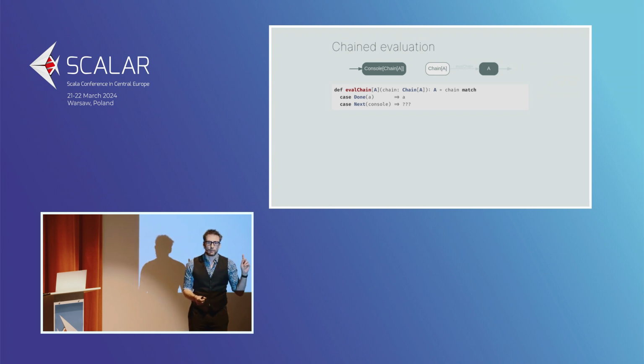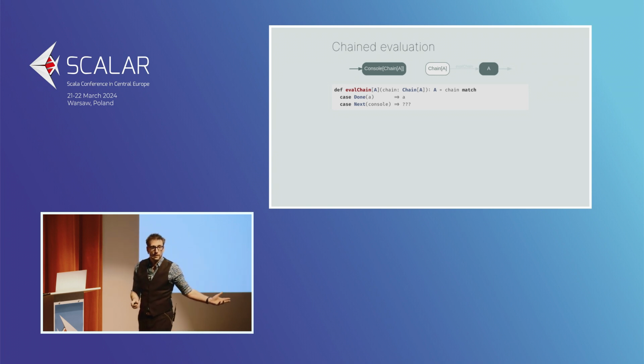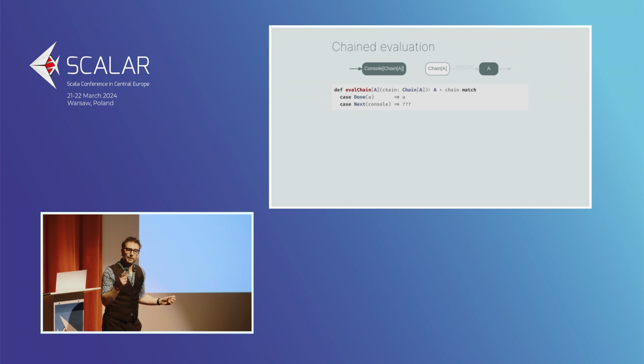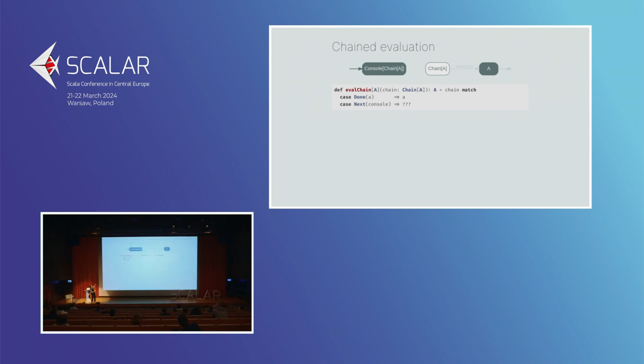Does anybody know of a type of a function that would solve that? Well, actually, no, almost, but not quite. Think about it this way. Pretend that chain of A is X. So you go from a console of X to an X. You're not going to use eval chain, which doesn't have the right type, but you're going to use, in your own time. Oh, that's fun.